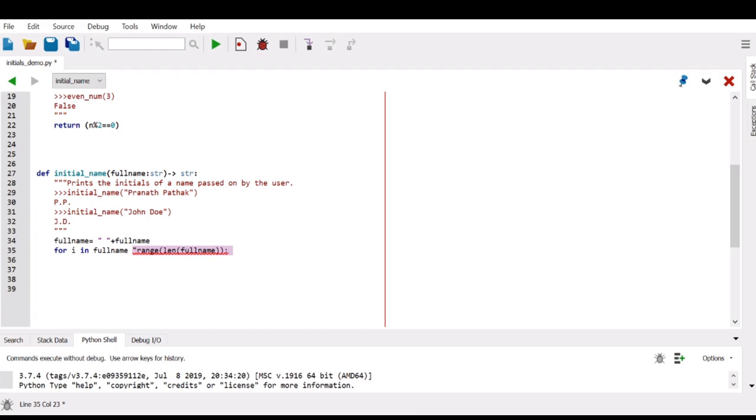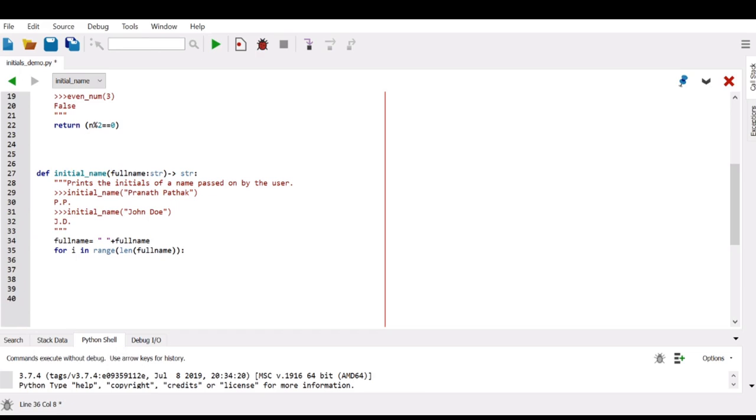So we can actually use it both ways. But since our work is more towards the indexes, why? Because every time we get a space, we need to access the next one to get that P or that D or that J. So that's the decision you need to make when you create a loop. Are you going to use indexes or just the elements? If I use just the elements, I get these letters. If I use the indexes, I can see the letters before, after, at the end, at the beginning, and all that. So we'll proceed with using the indexes.